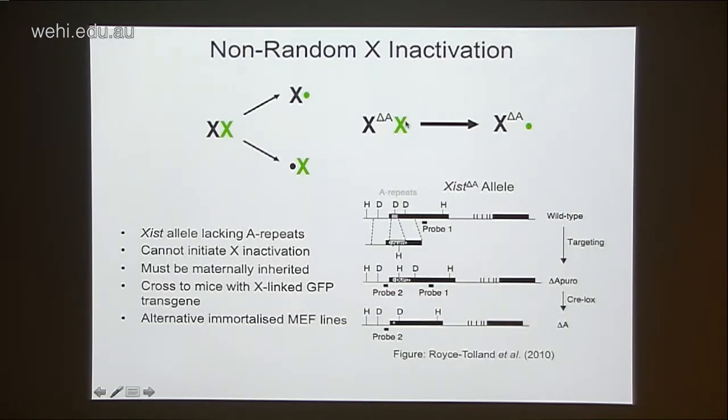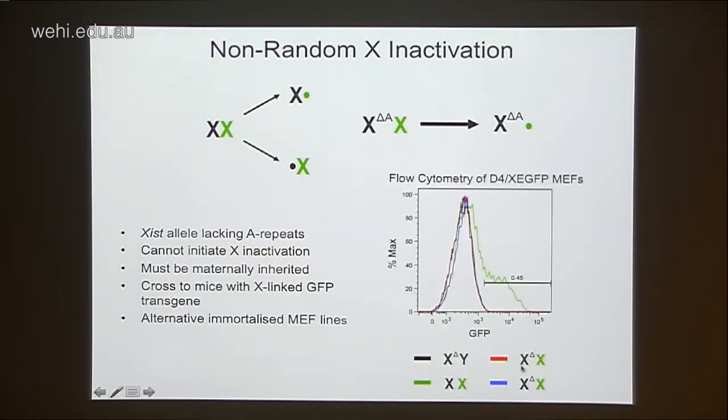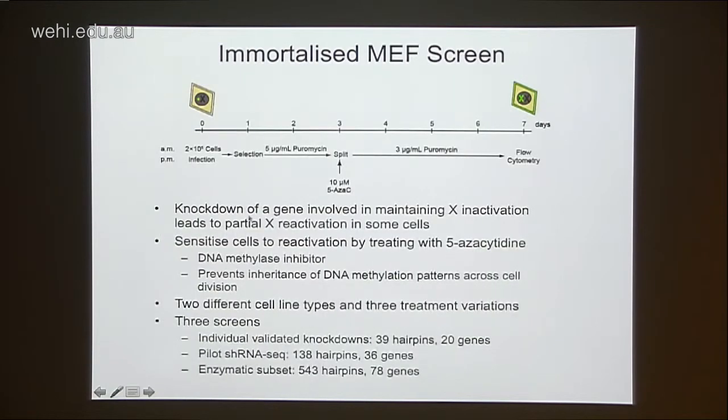we use this allele in combination with GFP because this one can't silence its chromosome. This then forces the chromosome with GFP to be the inactive X chromosome. So in this case, MEFs with this Xist delta A allele and the GFP are completely GFP negative, and so we know that GFP is on the inactive X in these cells. And so from these MEFs, I've derived a few other immortalized cell lines that I've also used in my assays. So the idea behind this screen is that we take MEFs with GFP on the inactive X, we